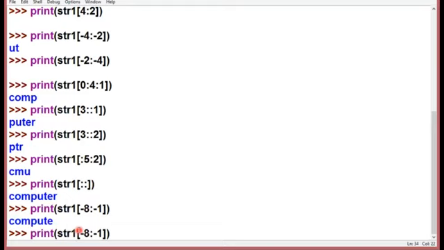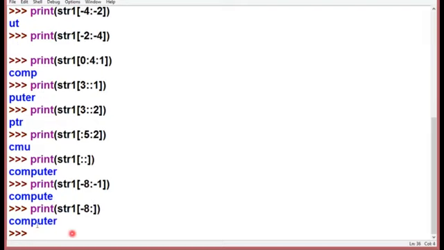Next example. If I want to print the whole string, I can skip this value. That means I am going to start with -8, but the end value I am not fixing. So in this case, it is going to give me the complete string. Another example. Now, I want to take the stride value of 2. So along with the negative index, I'm going to take a positive stride value. So what will happen?